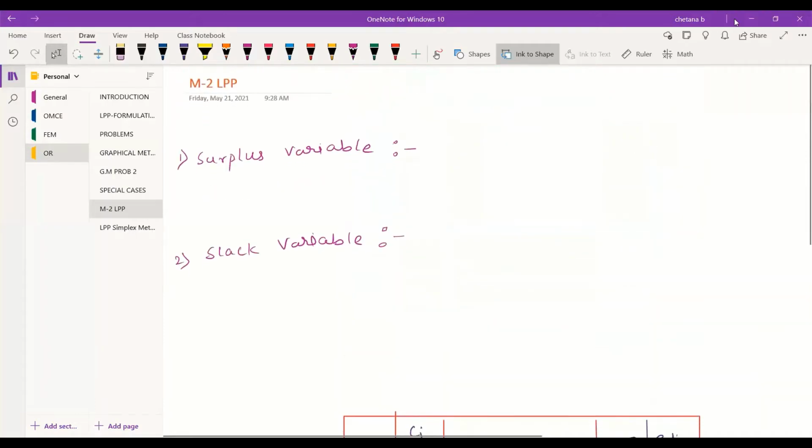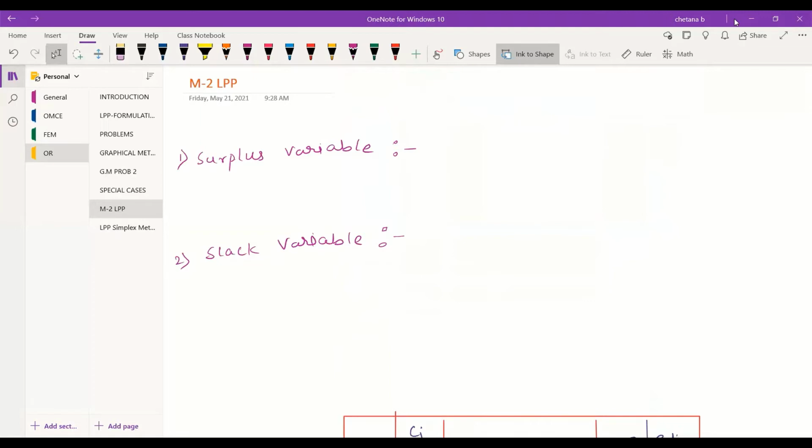Okay, so when it comes to the variables, then you have these variables to be studied. So what are these variables? One is the surplus variable, the other one is the slack variable. Now, what are these surplus and slack variables?